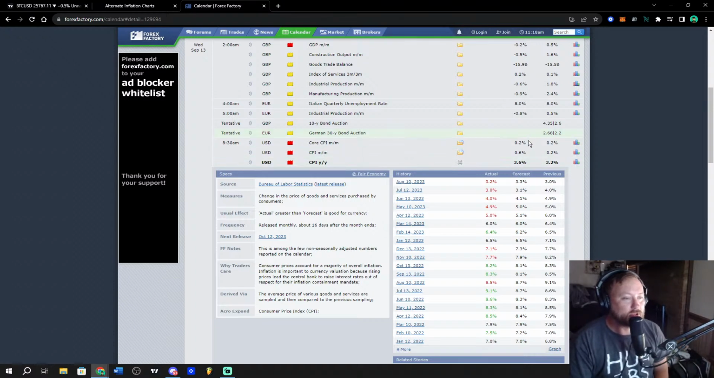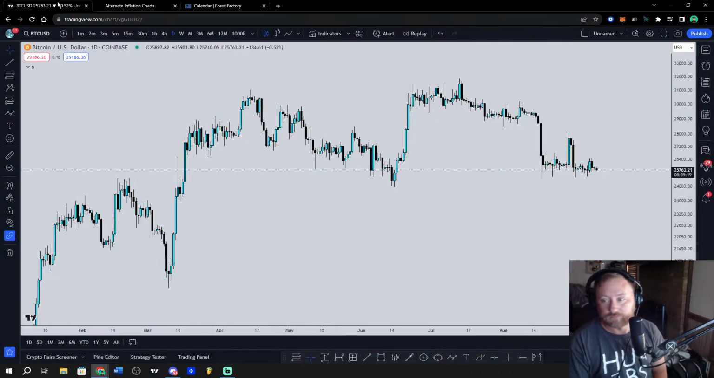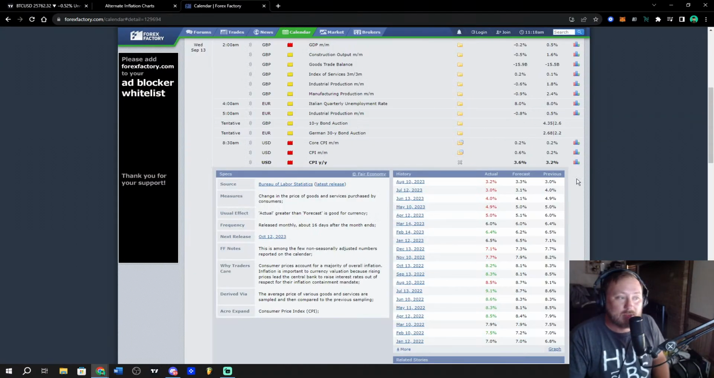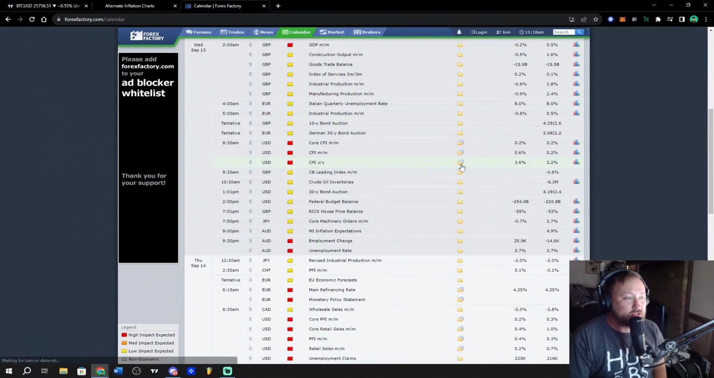What's our forecast? So our forecast is 0.2%. So that means they're going to add on. They're expecting 3.4. So if it comes in under 3.4, maybe I don't know. Maybe markets go a little crazy. But CPI isn't the only thing